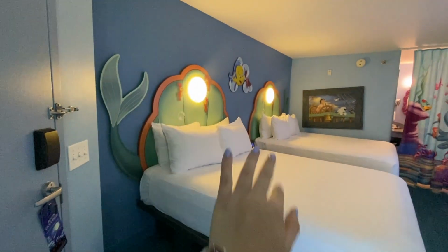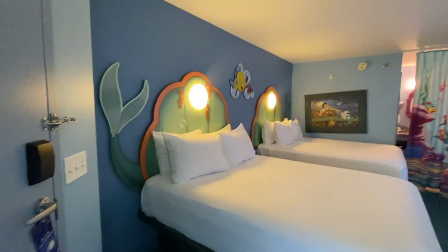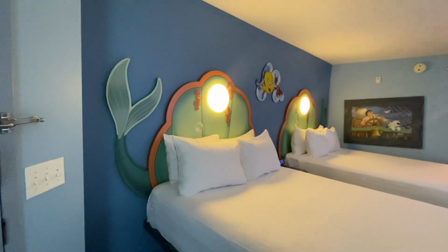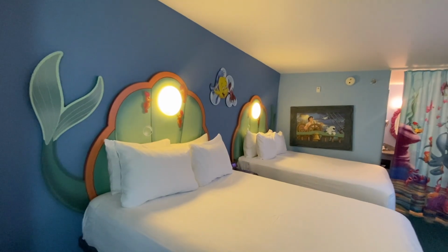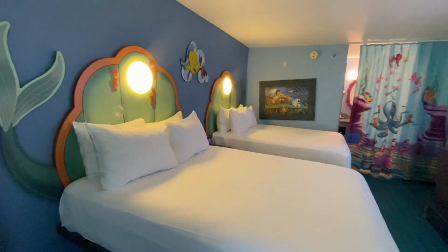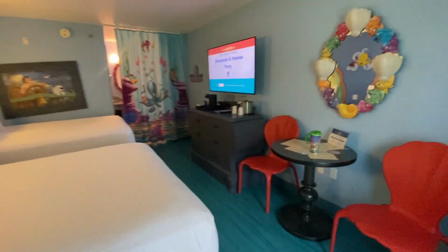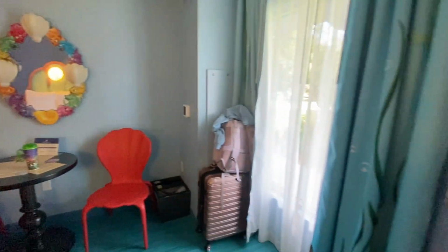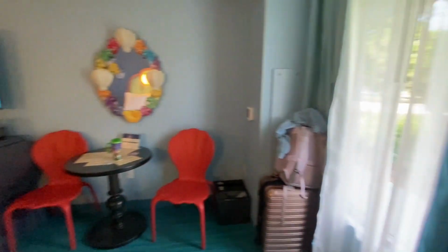They've got this nice headboard with a light in it, some little, what are those even called? Seahorses, and all of Ariel's tails. Very cute. Up there, we've got Flounder and Sebastian, and just some nice standard beds with lots of room underneath for storage. Flipping around a little bit, we've got our window, which has a nice little water-themed curtain, and our